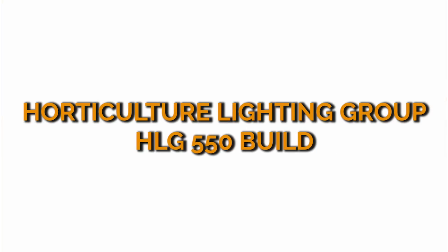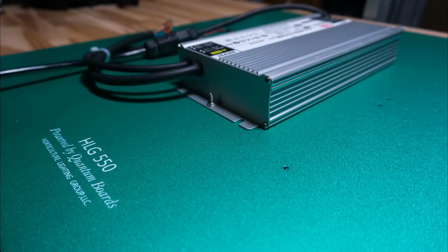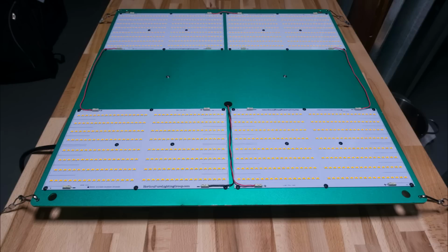This is a light that typically comes built from Horticulture Lighting Group, but if you have all the different components, you can save a few bucks and put it together yourself, and that's exactly what we're going to do today. The HLG-480 is a badass light. This thing is made up of 4 QB288 quantum boards, and they're run in series on a Meanwell